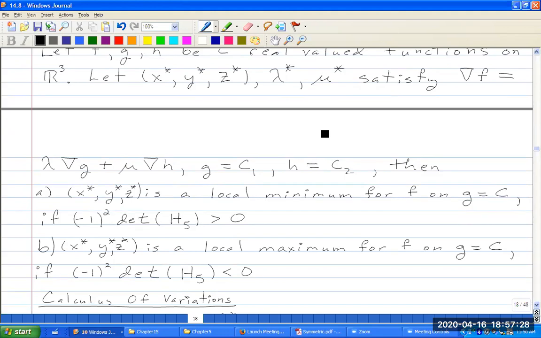Then (x star, y star, z star) is a local minimum for F on G equaling c1, H equaling c2